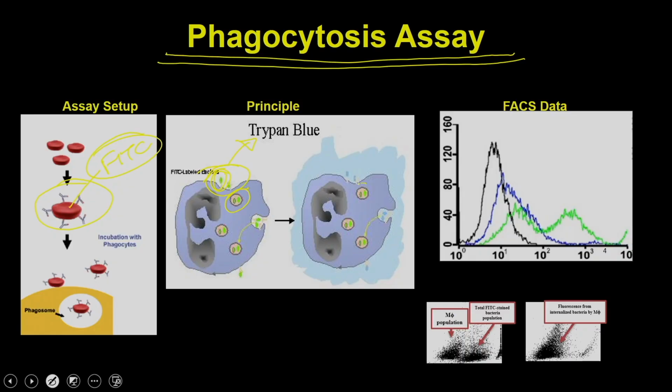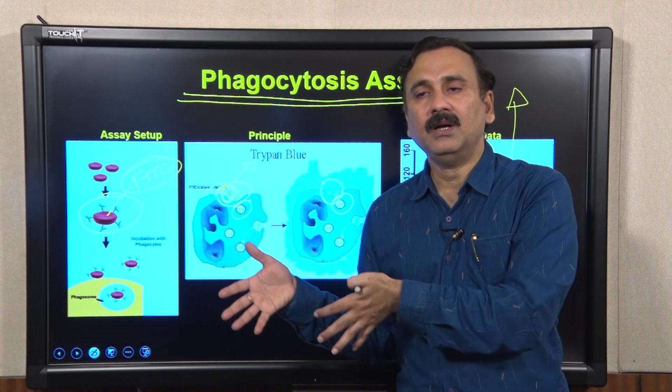That is why this signal is going to remain intact, whereas this signal is going to be quenched. So, this is what exactly is going to happen. These are the normal cells. As I said, you always have to take the healthy cells first, and then these are the untreated cells, and these are the treated cells. So, what you see is that this is the cell population which has taken up the trypan blue, and that is how it is showing you the fluorescence signal.